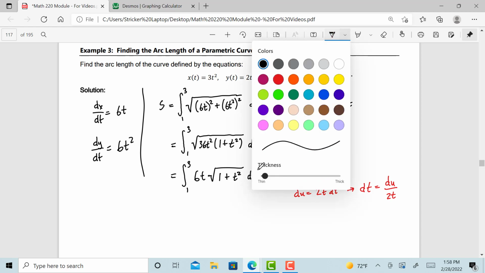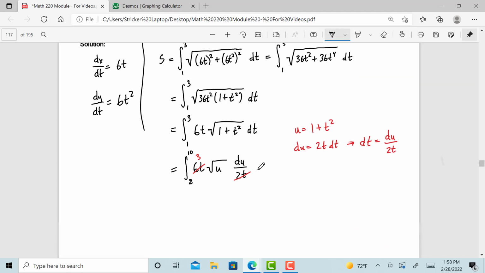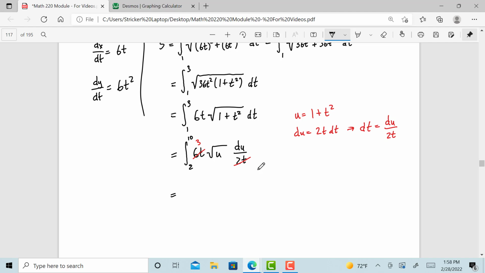And now we can go ahead and substitute. We're going to get the integral of 6t times the square root of u, and then dt is du over 2t. We need to change our limits. When t is equal to 1, we get 1 plus 1 squared, which is 2. And when t equals 3, we get 1 plus 3 squared, which is 10. We also know that 2t goes into 6t 3 times. So we're going to get 3,